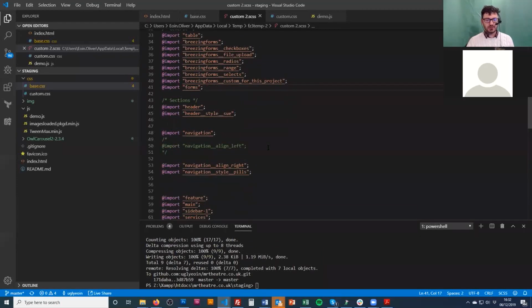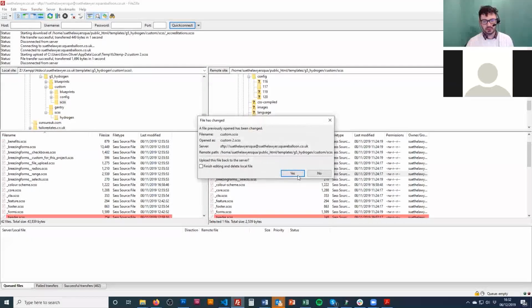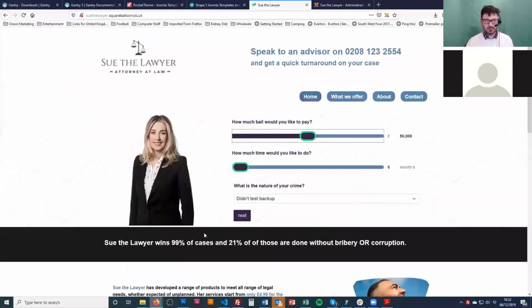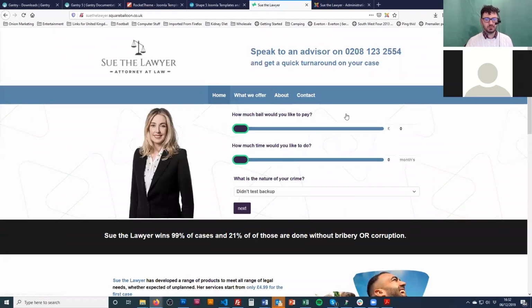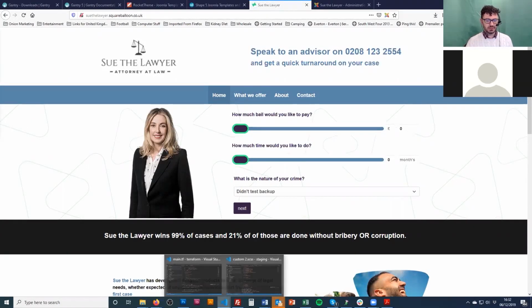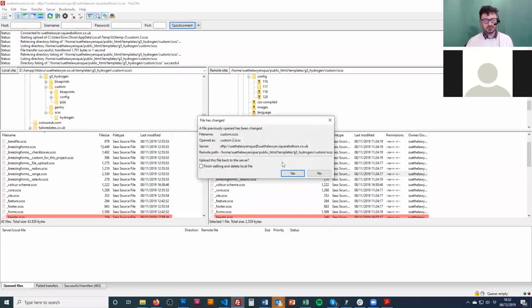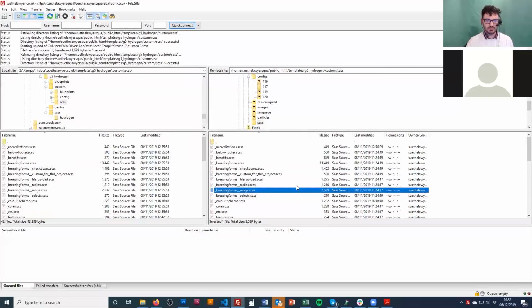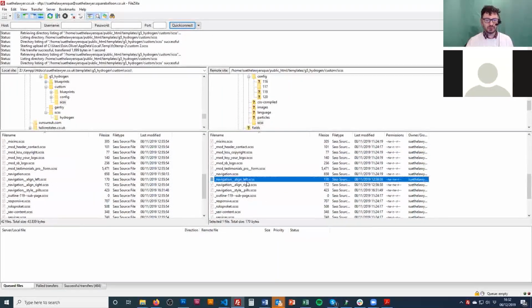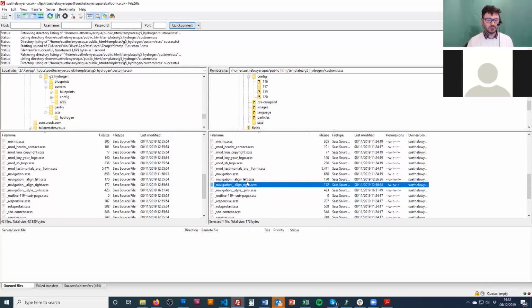So if I just show you an example here of some stuff that I've done. Here's my navigation. I'll just comment them out and show you how it looks originally. So here's the original Gantry navigation. And you can see it's centered and it's got a bar behind it. If the customer now says to me, actually, I want it to be aligned right, I can work out how to do that, and I can just change it by adding this. So I've now got my navigation, and I've even gone as far as align left and align right are in their own files. And then if I just show you that working,